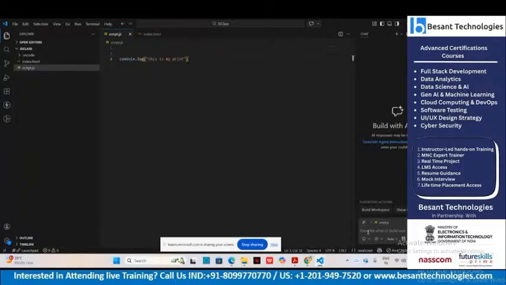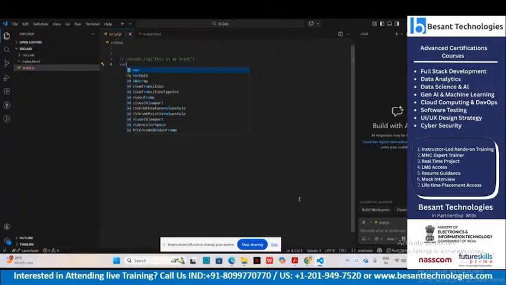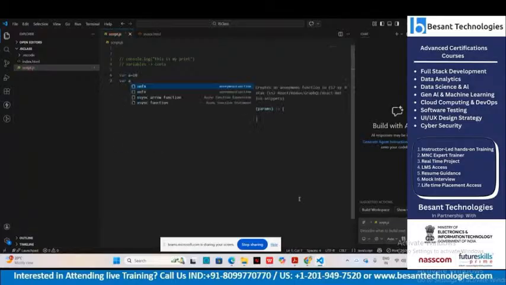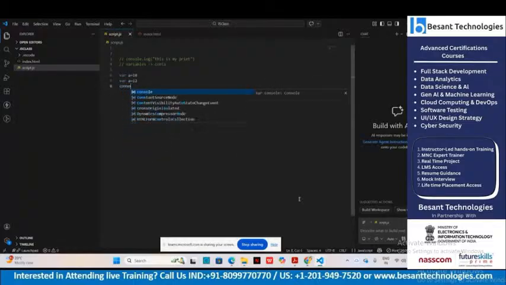So yesterday we were discussing variables. I'll just recall it. Variables are nothing but a container, as I said yesterday. It can be reused. A variable can be reused in JavaScript. Yesterday I said var a equals 10, and again var a equals 12 I can give. So when I come to the console,